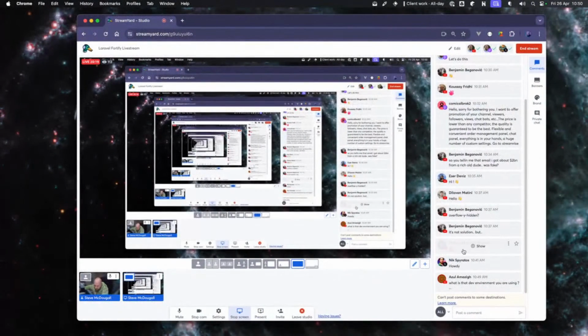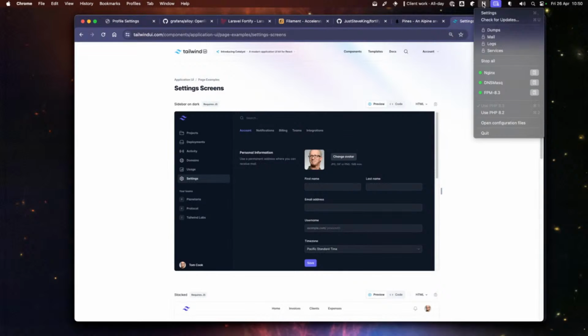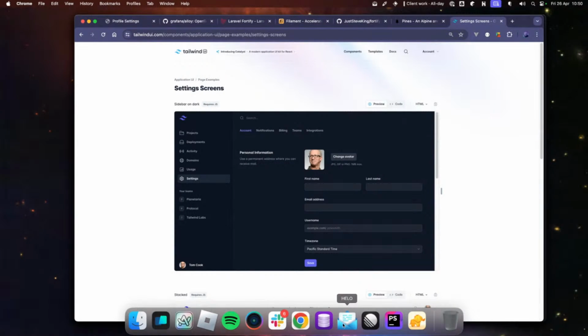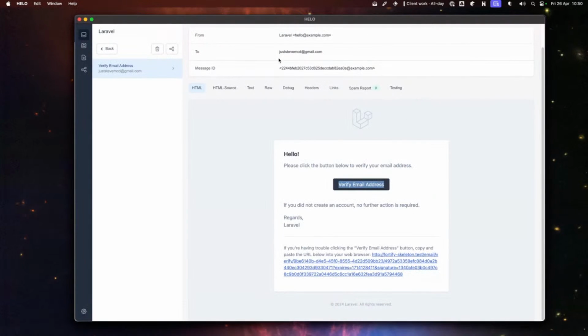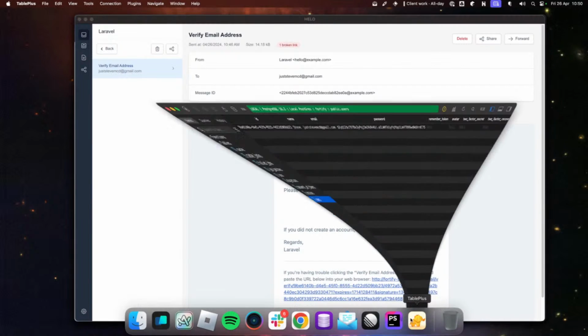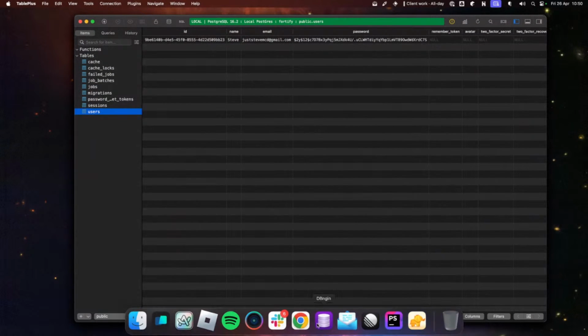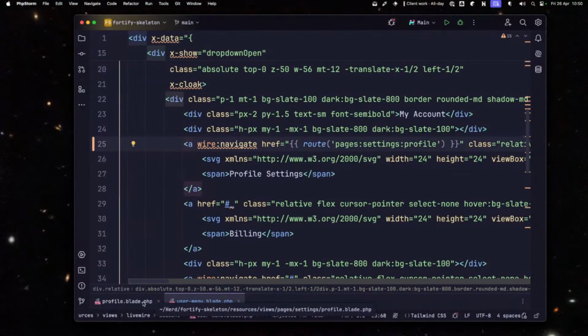What is the dev environment you're using? This is just Laravel Herd. I'm using Laravel Herd. Then I've got DB Engine up and running to run a database in the background. And then I've got Hilo from Beyond Code just to catch my emails. And Table Plus as a database editory thingy majiggy. Right, what was I doing? Where was I? Profile